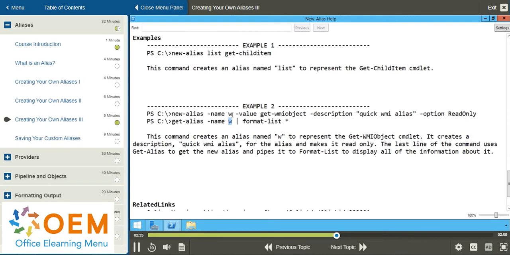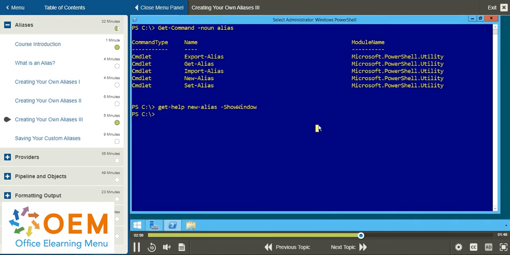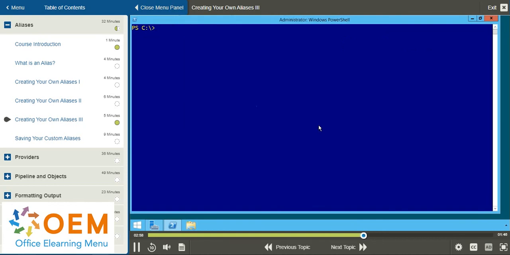Actually, it would just bring back that one alias that you created on the first line, and it would give you the results in a list format as opposed to a table format. That's what Format-List is. Well, all I really wanted was the names of the parameters, and that's where it has them there, Name and Value. So we'll close up this help screen, and I'm going to create an alias, New-Alias, with the